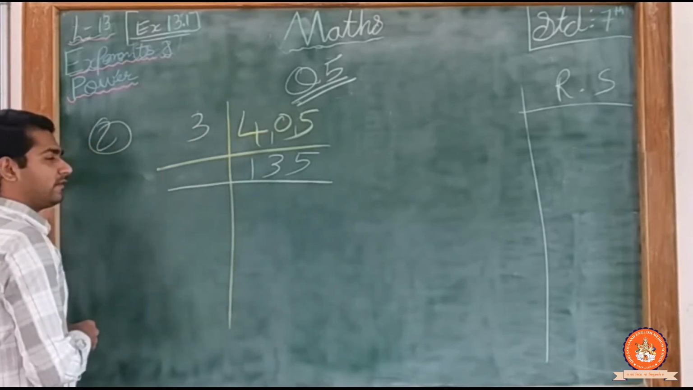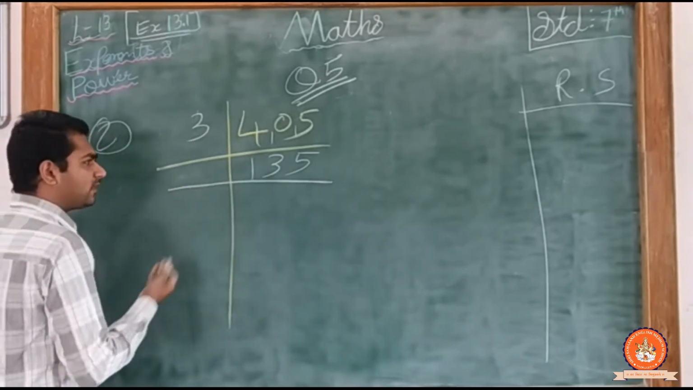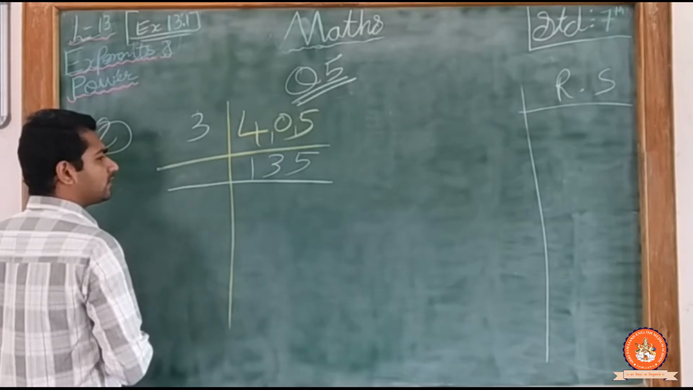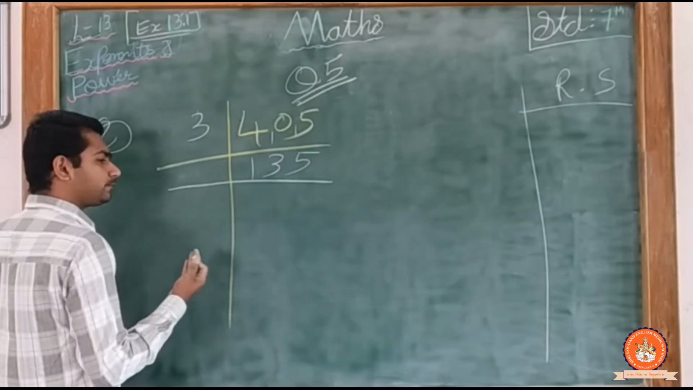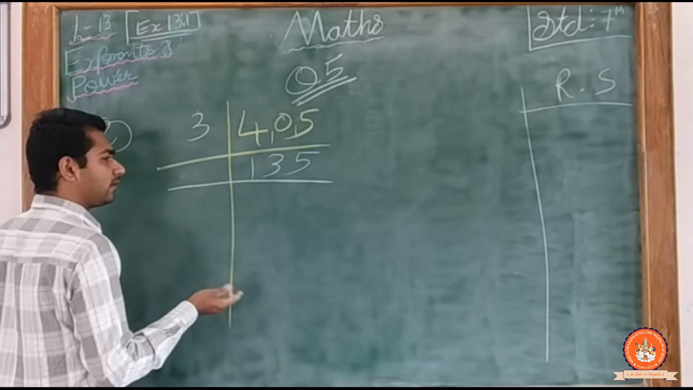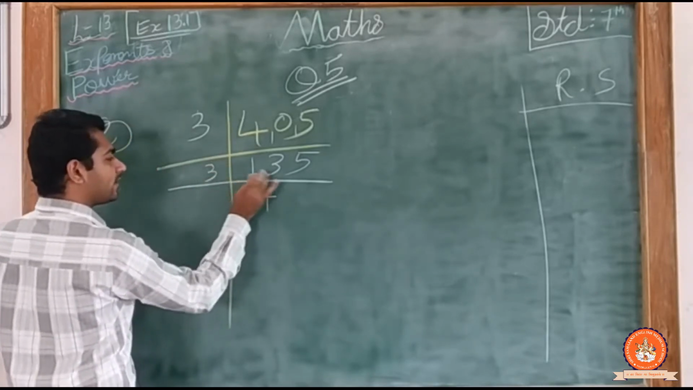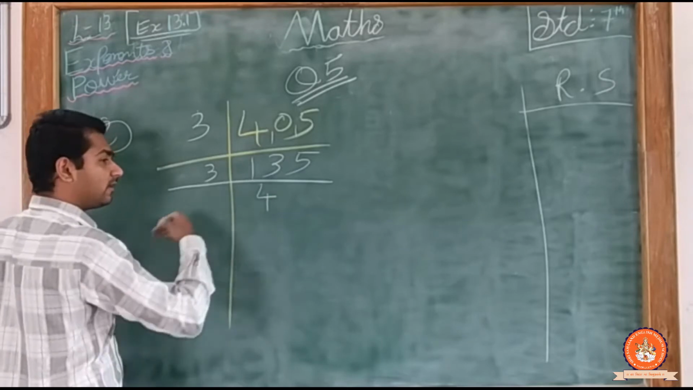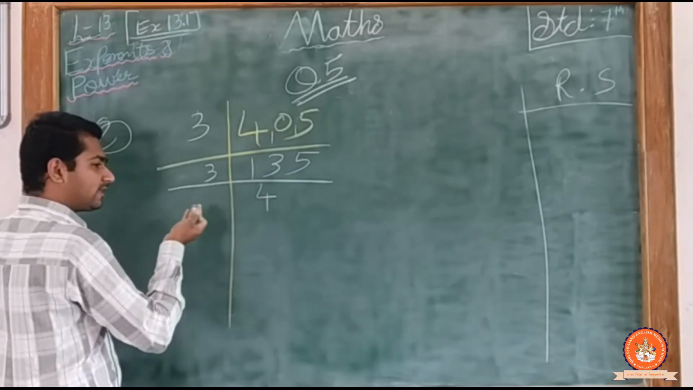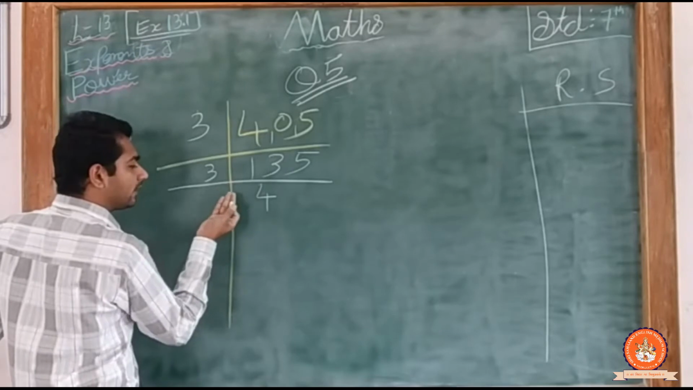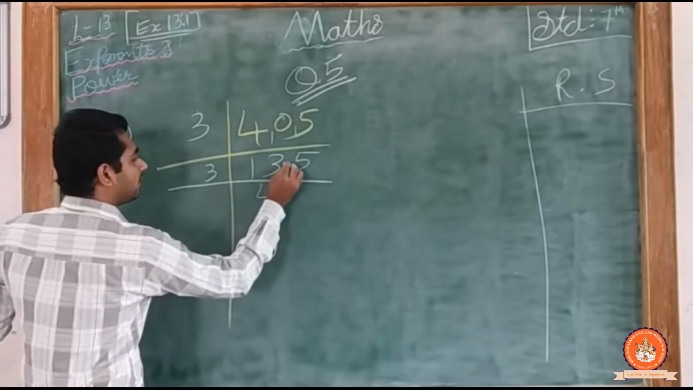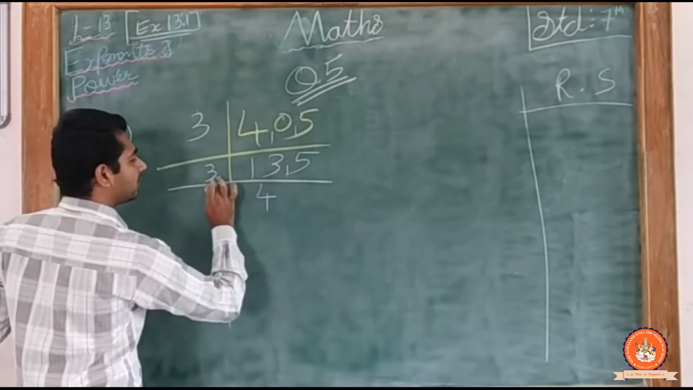Now 135 divided by 3. Try to divide by 3. 3 ones are 3. 3 2s are 6. 3 3s are 9. 3 4s are 12 and 3 5s are 15. No, we will take 3 4s are 12 because 12 is less than 13. If it is equal, then we will take it. But we have to take the less than, because we don't have 13 in our 3 table. So I will add 1 here, so it becomes 15. 3 5s are